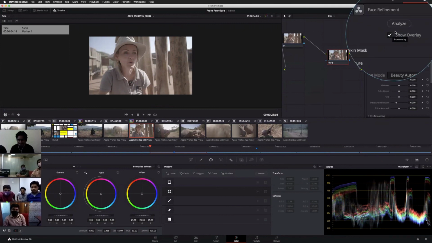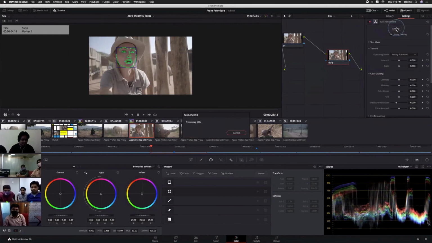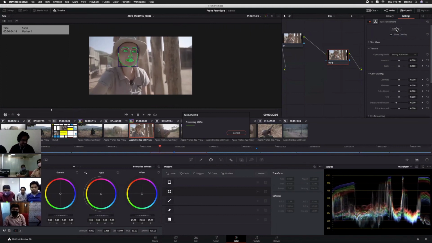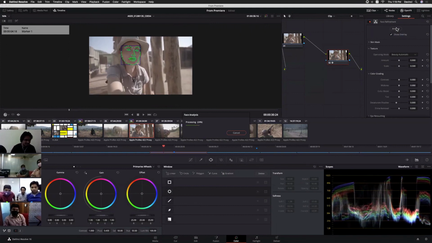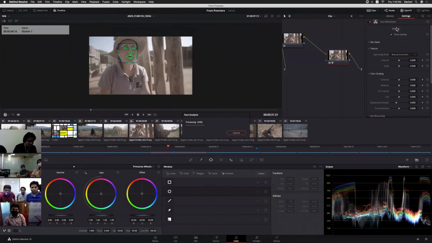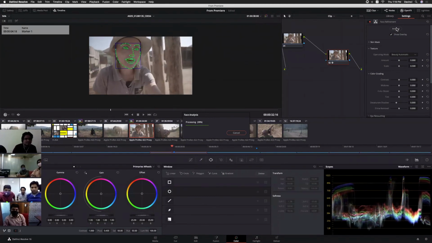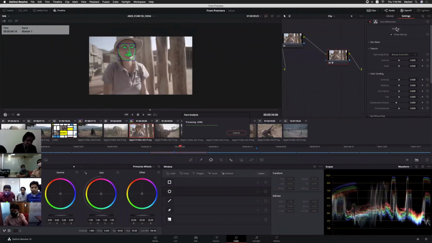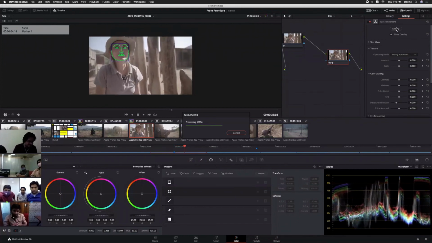It will try to identify the facial structure. And will it give a matte for this? Yeah, we can see the matte, but most things are available here. It won't give you a separate matte.